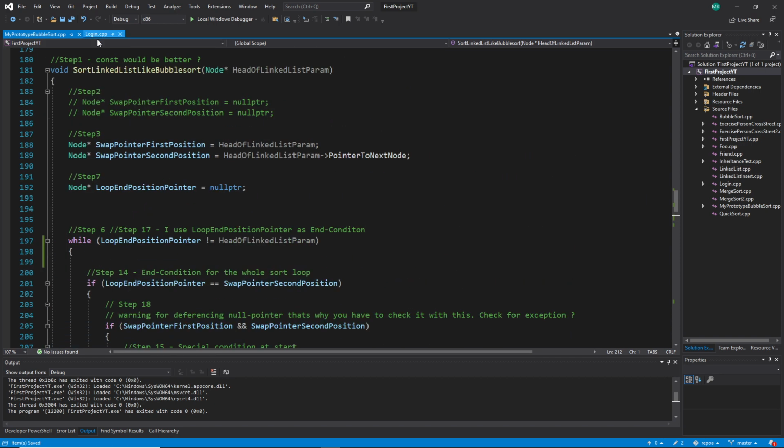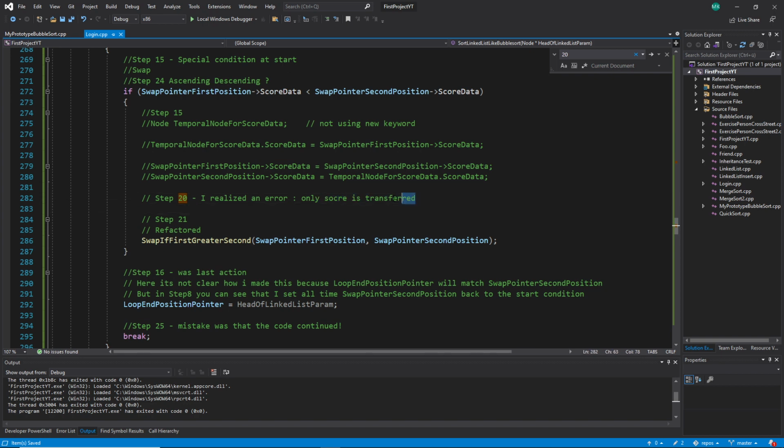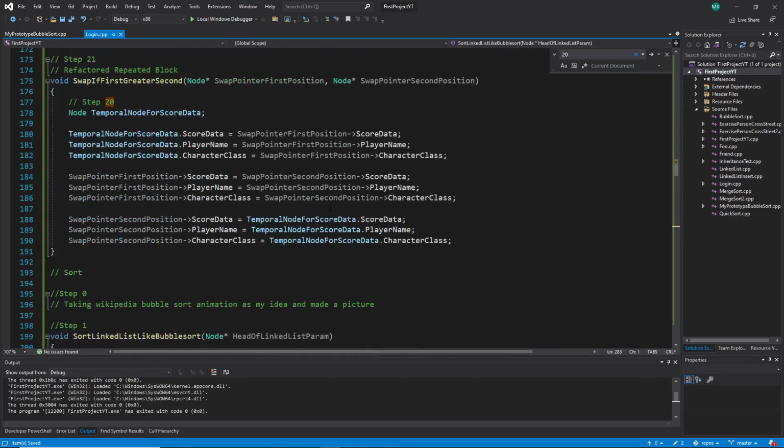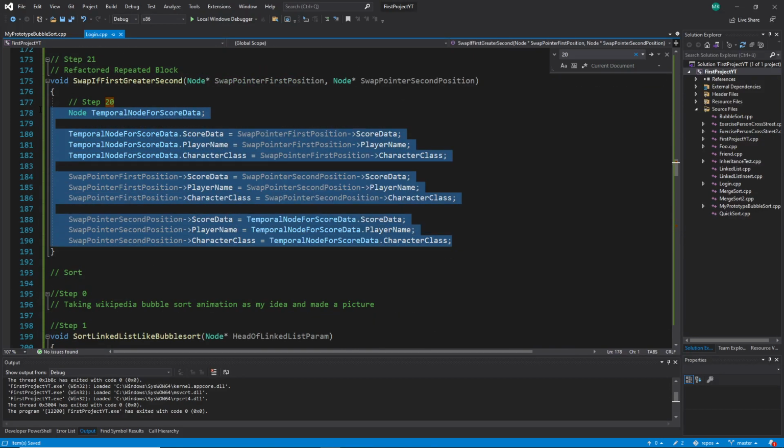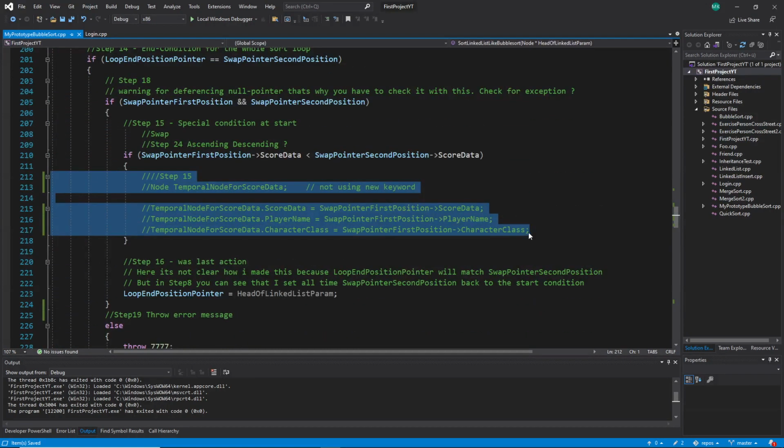And now let me replace this with my other things. And you can see I did one more step here, which I'll talk about in a moment, but let me show you what I did before. This is step 20. Let's copy this one and place it here,